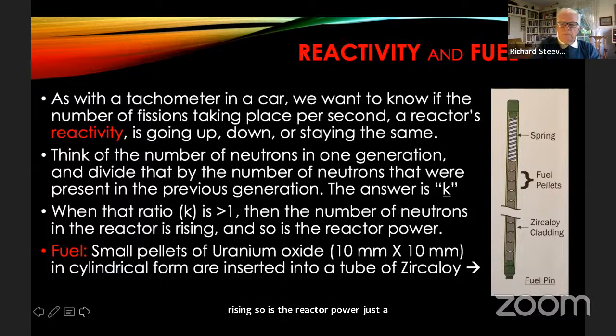Just a little point: how is the uranium housed? This is called the fuel pin, and there's a spring compressing these little pellets. They're 10 millimeters in diameter by 10 millimeters in height. You can see a tiny little gap between them. They're biconcave little barrel-shaped pellets, and that gives some space for the heat energy to come out and be passed